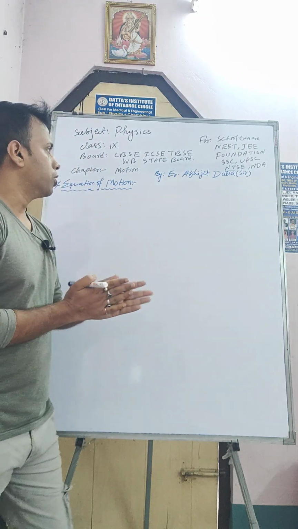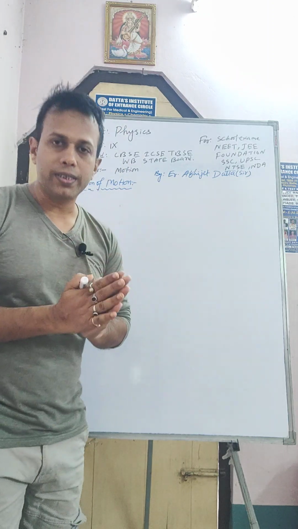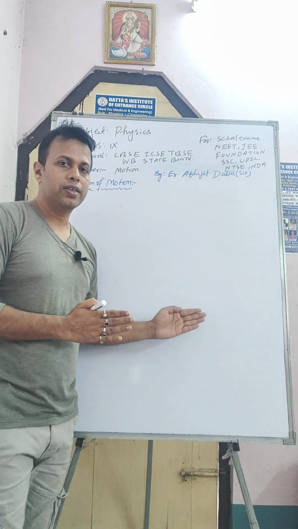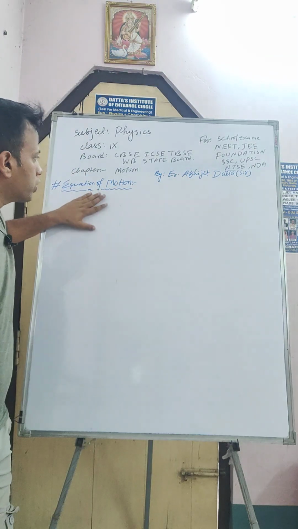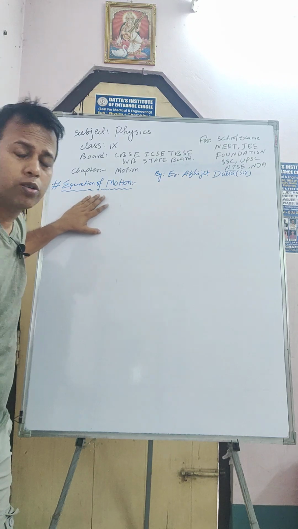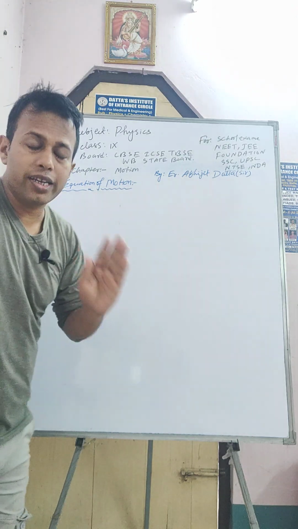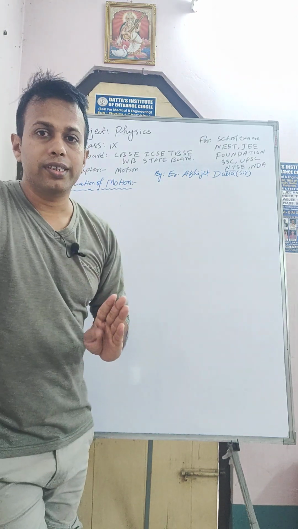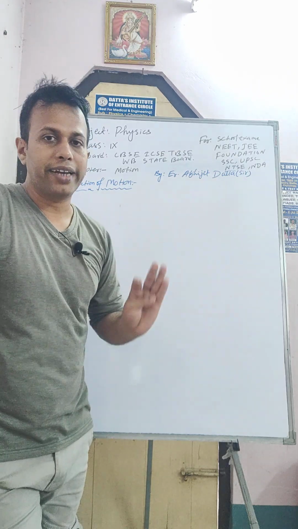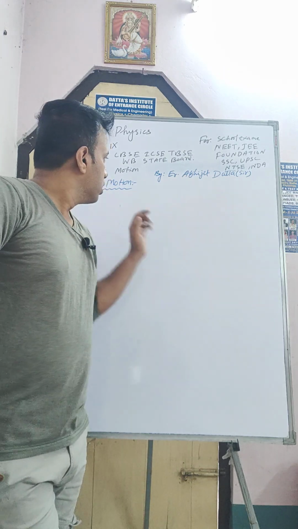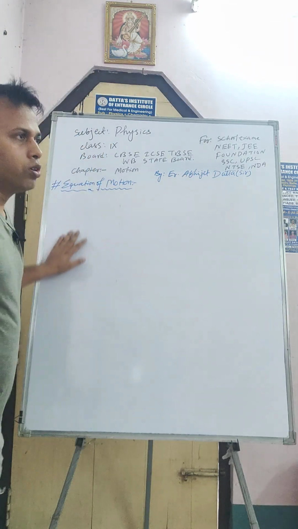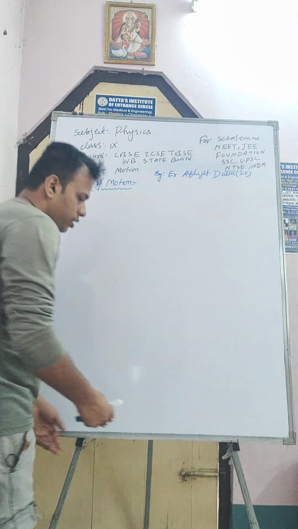Okay. So today I will take one class from physics, that is motion from class 9. From motion today we will do the equation of motion, that is the derivation of equations of motion. There are three equations of motion in your syllabus: first equation of motion, second equation of motion and third equation of motion. So from these three equations of motion, now I will derive.